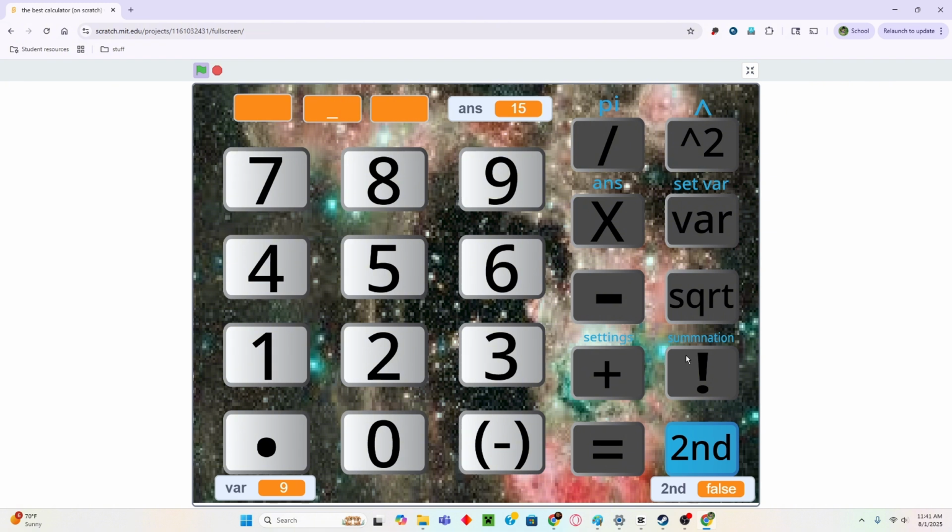And then we have summation. Summation is another one, just like this exclamation point, that not many people know what it is. So basically, instead of multiplying each one like n times n minus 1 times n minus 2, it's n plus n minus 1 plus n minus 2 all the way to 0, but you really only go all the way to 1 because 0 doesn't add anything. So if we did something like 6 second summation, we get